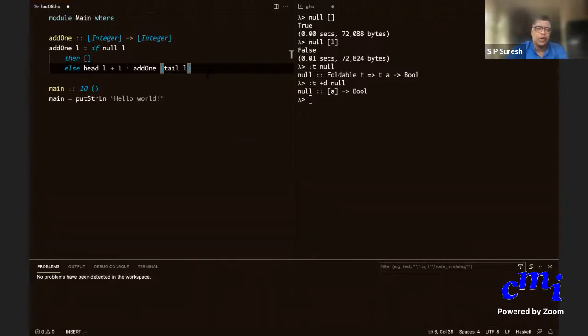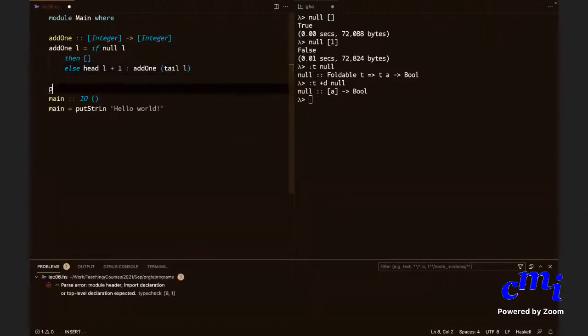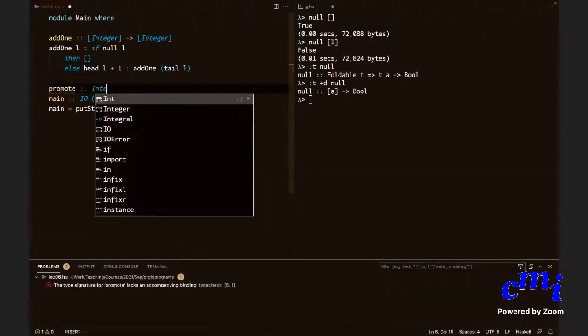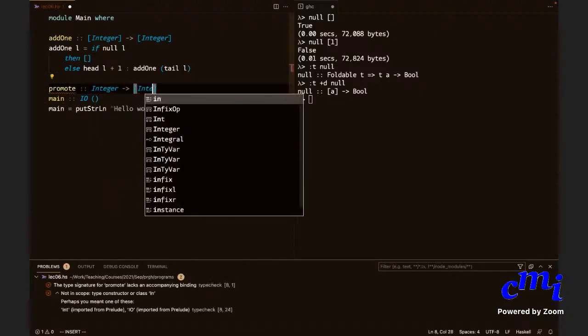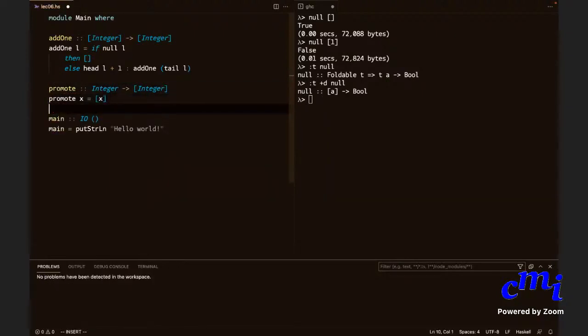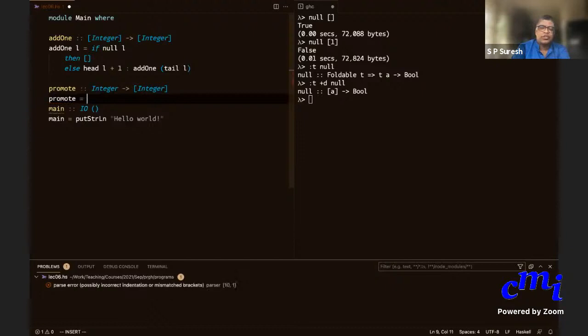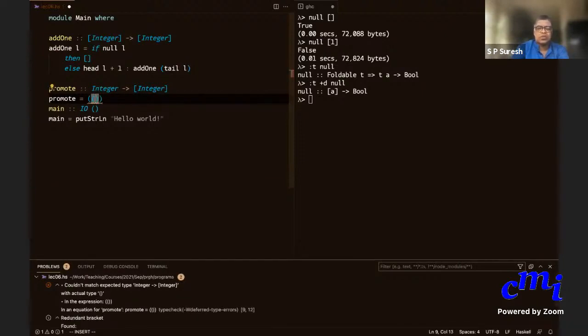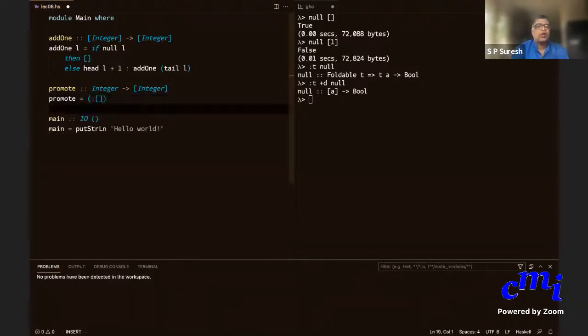So I'll call this program promote. Or if you are really fancy, you can say, just because you want to show off, you can say promote is a section, you see.